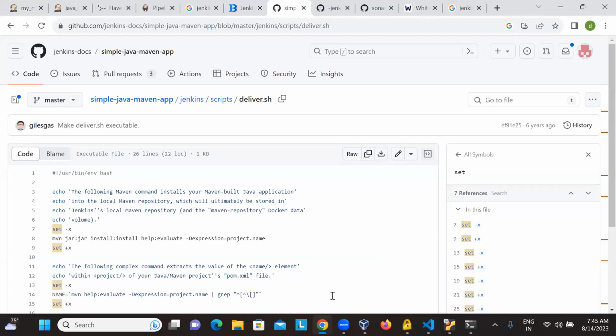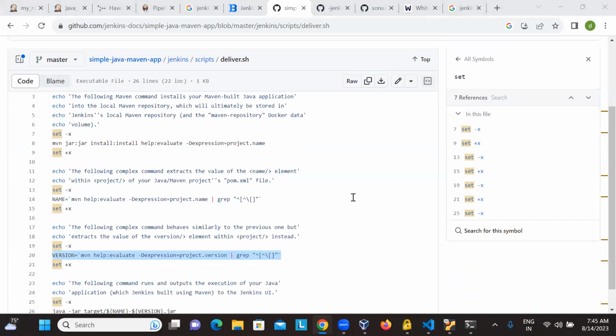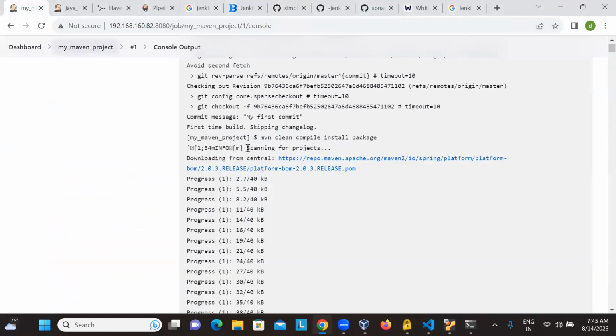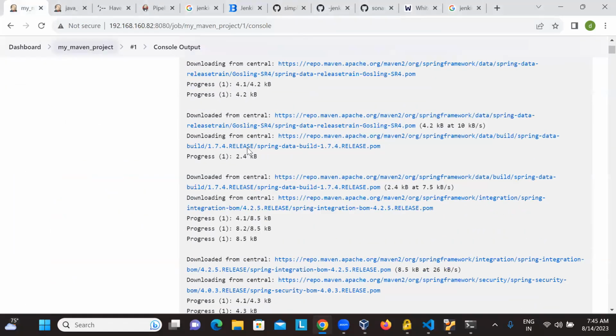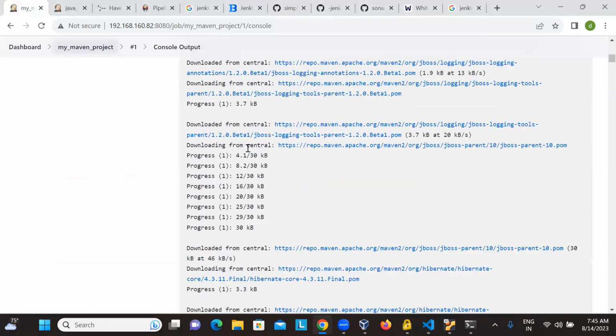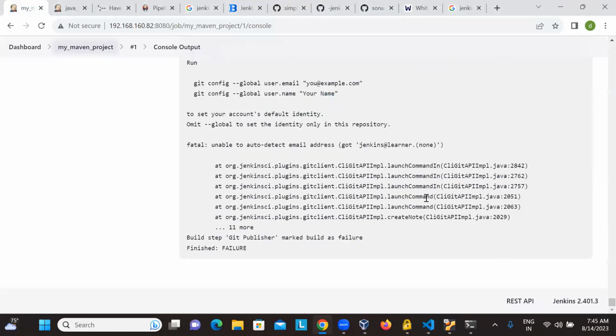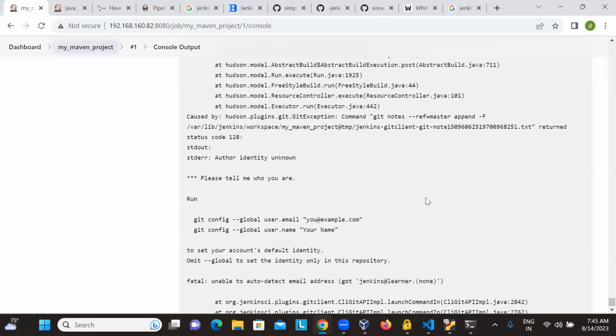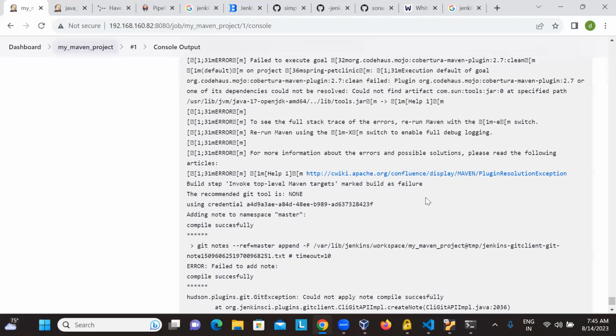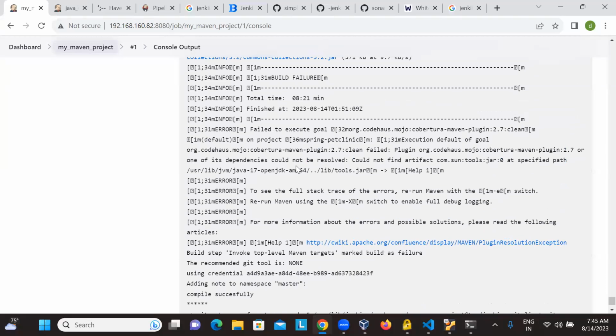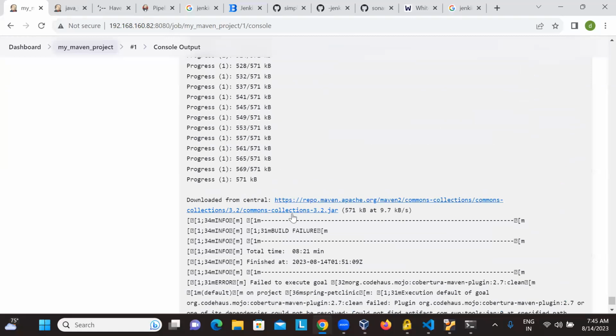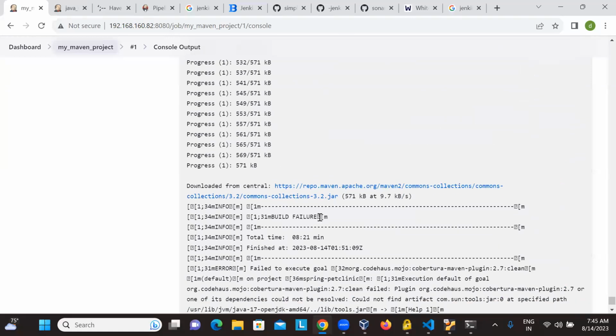Kaushik, I think you explained right. So this we have to understand and then see something. Now let's see why my build got failed here. So far looks good. It's downloading it, it's packaging it, and everything is fine. It downloaded all the central repository and finally failed at the Git publisher stage. See this, I told you earlier, while configuring something. Apart from this, what it is saying is Git tool is none. Download total time, build failure,